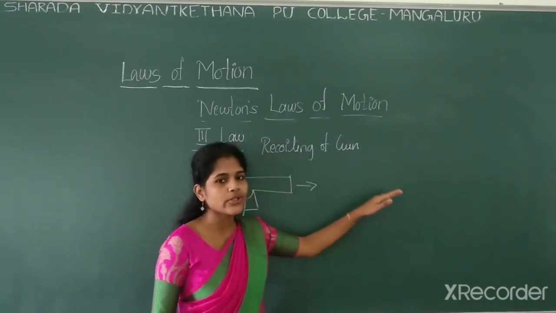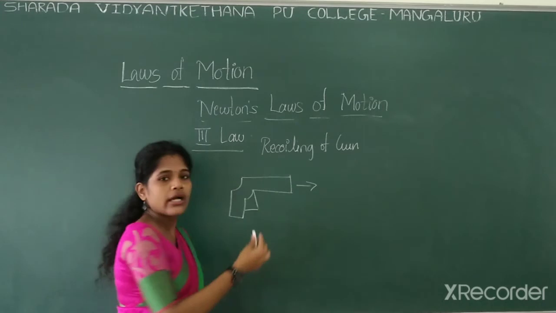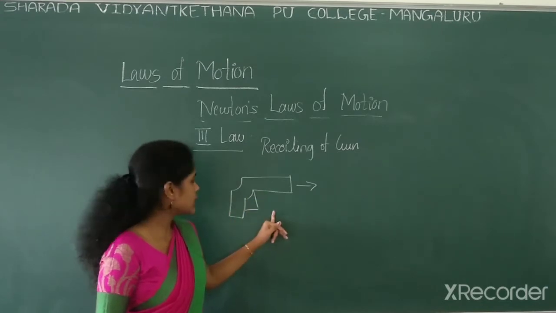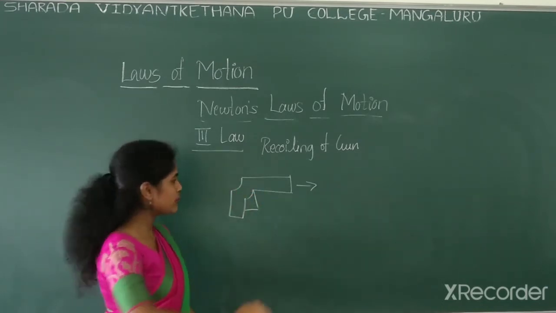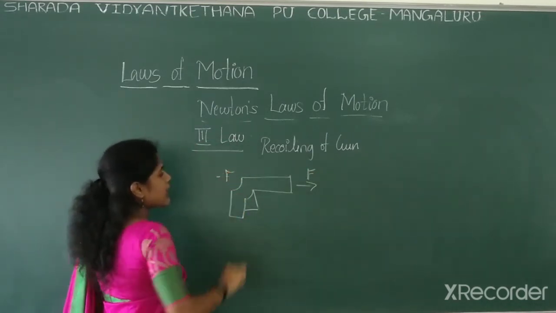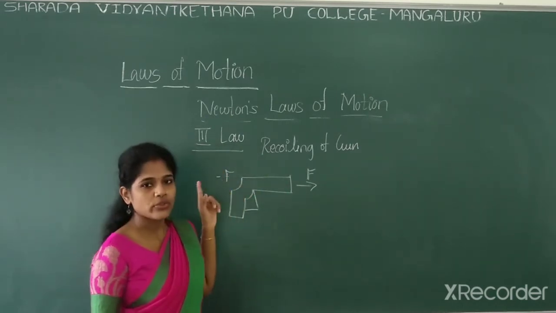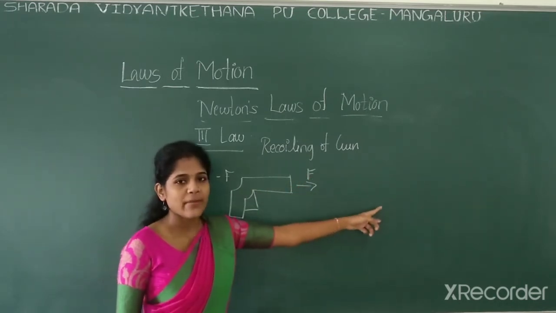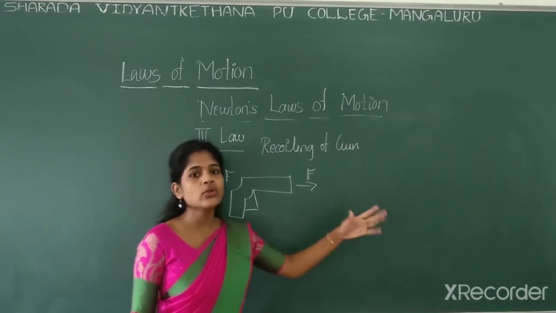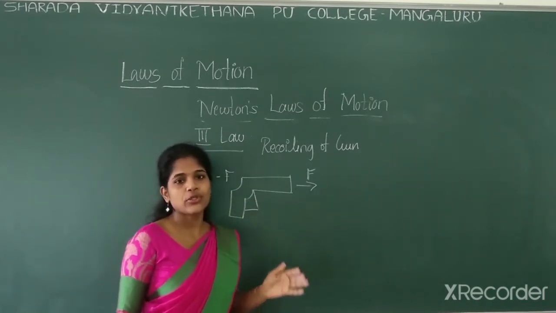Okay, so it fires with high velocity. In the same way, when the bullet fires, it applies some reverse force. The same amount of force is applied by the bullet on the gun, so that the gun recoils back. So if we take the force on the bullet as F, we can take the force on the gun as minus F. So here we can tell for every action there will be an equal and opposite reaction. So here F equal to minus F. If we take minus F to this side, it will be F plus F equal to 0. So the same example tells us about the law of conservation of momentum.